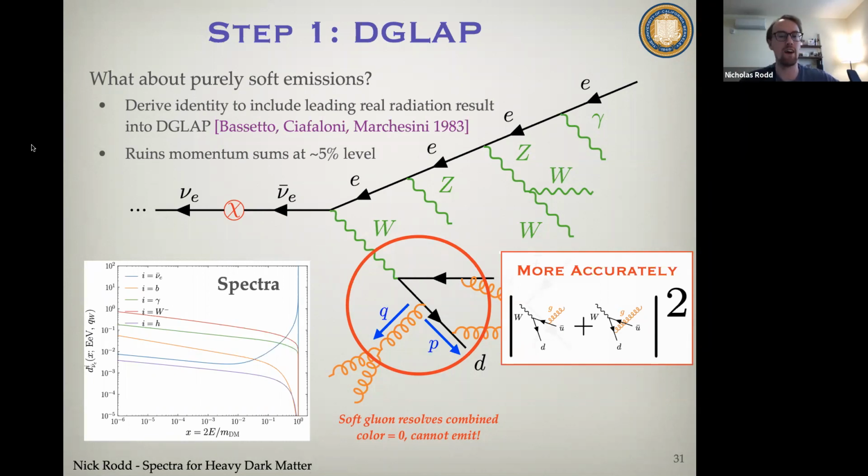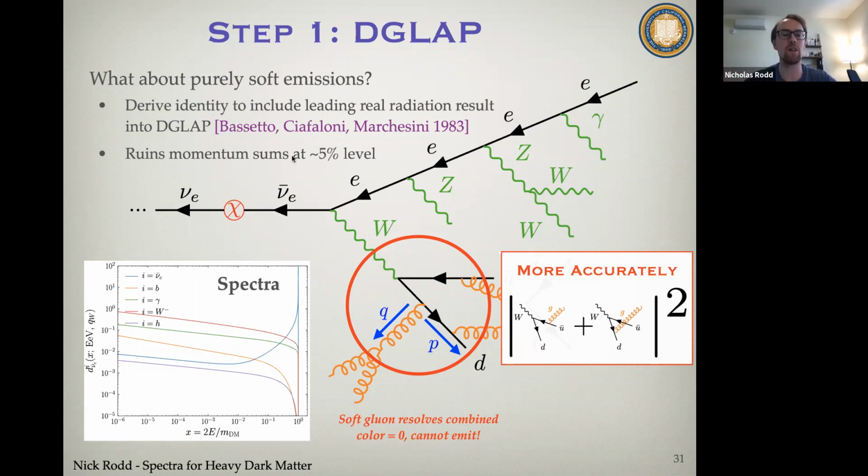So what we've done at the moment, to go back to the story of how we incorporated this effect, is we've taken the known QCD result, and we noticed a cute thing, which is that you can actually see this as coming out of a DGLAP equation if you do a change of variables. In our paper, we derive what that change of variables is. This means you can do the DGLAP evolution using the semi-classical picture, change variables at the end, and you get the dominant effect of soft coherence. But it's not perfect because this only accounts for the real radiation. If you suppress the probability of emission, you've enhanced the probability of no emission and therefore also the virtual effects, and we don't correctly account for that.